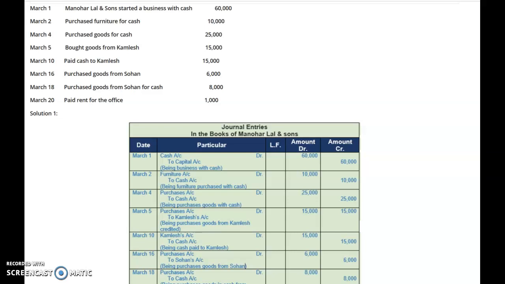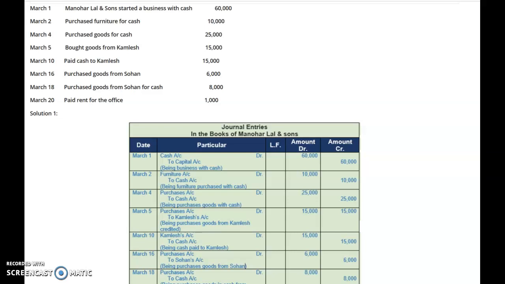Next transaction is here again, purchase goods for cash. Same way here, two important accounts, one is goods and second is cash. Goods we can record as purchases, that is, the stock being purchased. When we sell, we use the word sale. So goods being purchased, goods are our real account, cash is also a real account. The same rule applies as in the previous transaction: debit what comes in, credit what goes out. Journal entry here will be purchases account debit to cash account.